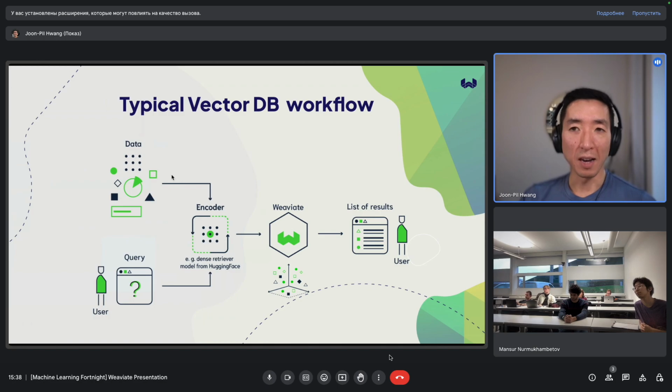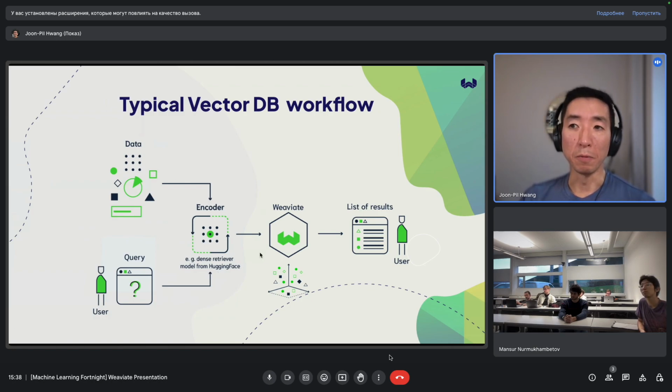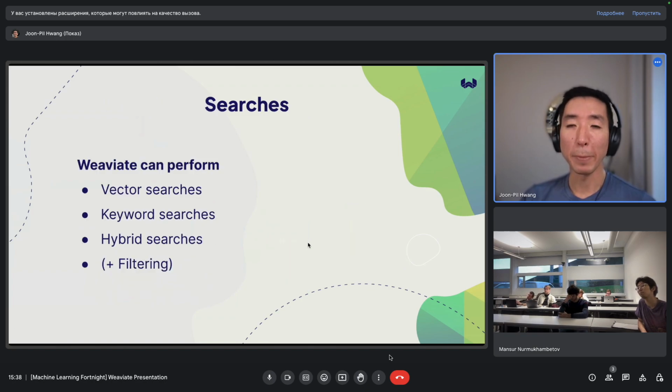And the data needs to go through some process, which I'll go through a little bit, to be encoded into a vector that gets stored in your database. And then once your user performs a query, that query also needs to get turned into a vector so you can compare apples to apples. And then you perform a search and you get a series of results.